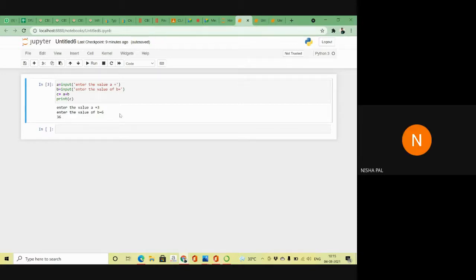Now the question is, sir, if I take the value from the user and it is an integer value, then how can I perform the operation? So at that time you mention which type of value you want to take from the user.